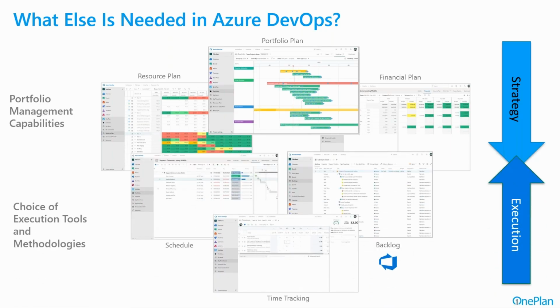Now, the choice of execution tools and methodologies, the focus of this webinar today is Azure DevOps. And the idea here, though, is that your backlogs and your work items could be coming on the right, like you see there, from Azure DevOps. But there also could be schedules of a more waterfall nature. And we'll talk about how those things can be independent or combined with one another to provide a comprehensive view